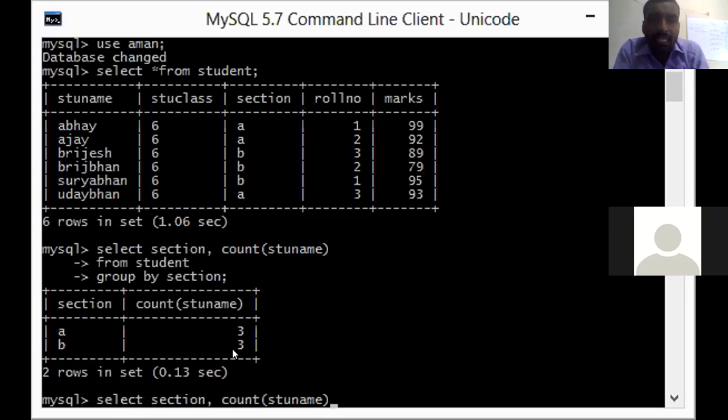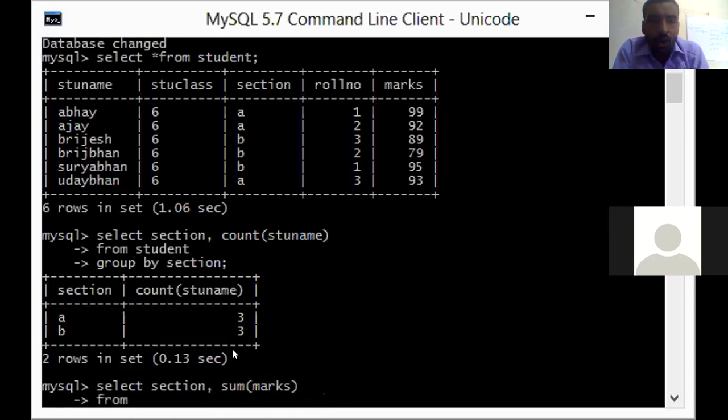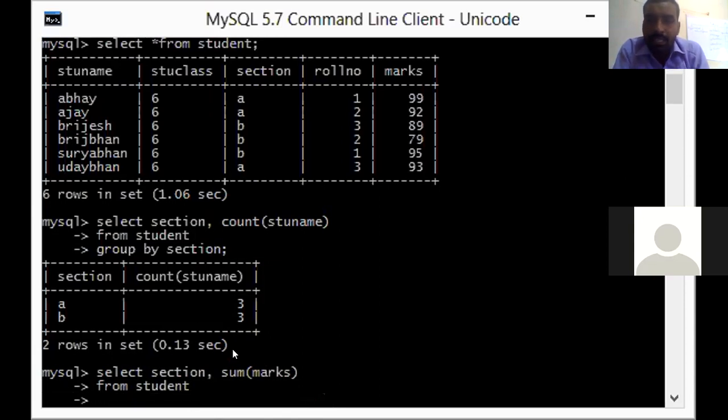Suppose we want to display section, then count or sum or average. This time let us write sum of marks. Select section, sum of marks, then write from the table name student. Then press enter key.